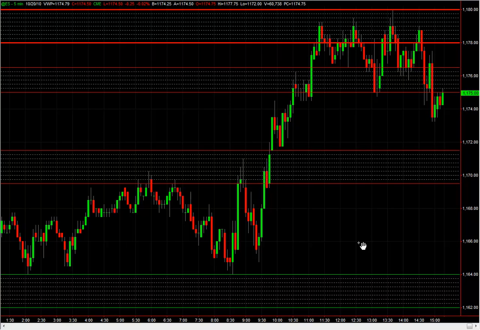This is Awais with EMiniPlayer.net, and this video briefly goes over the EMiniPlayer zones indicator. The indicator is pretty simple. It simply reads the daily key levels from a text file and then automatically plots the zones onto any given